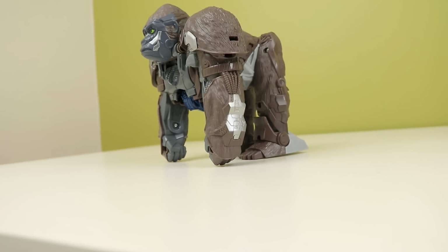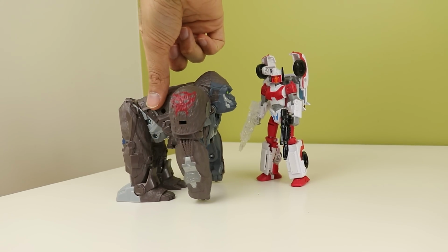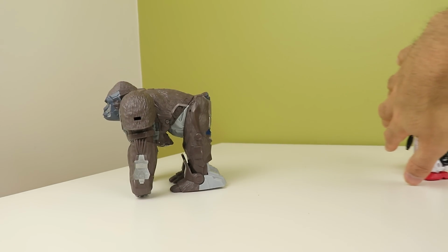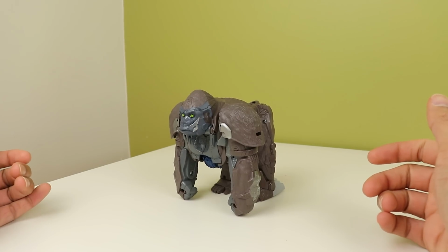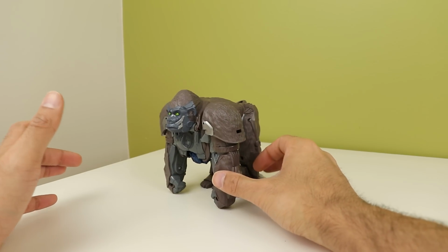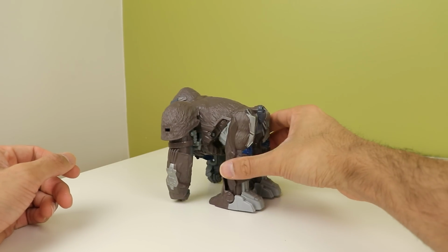Now on to Smash and Change Primal. This is fun as hell. It's a big monkey. What else do you need? It's just Big Monkey. But Big Monkey does do something really cool. You smash him into a desk and he becomes Robot Monkey. This is one of the most satisfying gimmick toys because unlike Optimus, who I already have from the Cyberverse line, you press a button twice and then you smash him. It's not that fun. This one is just...